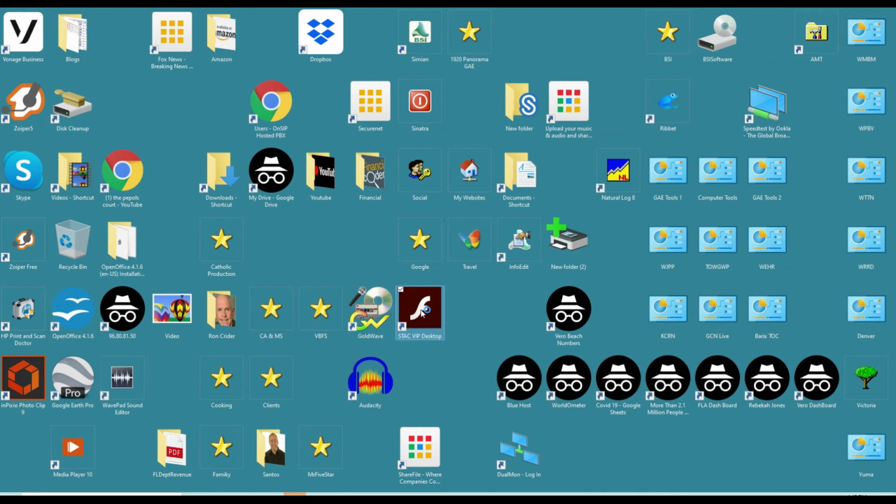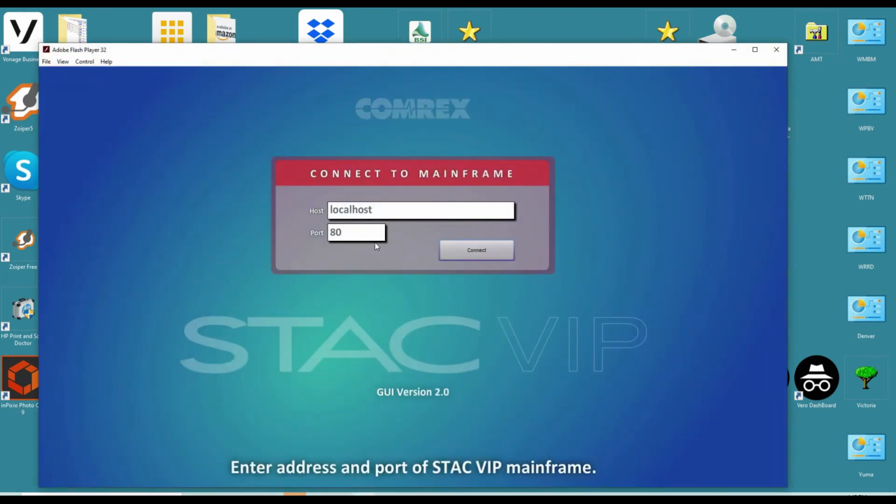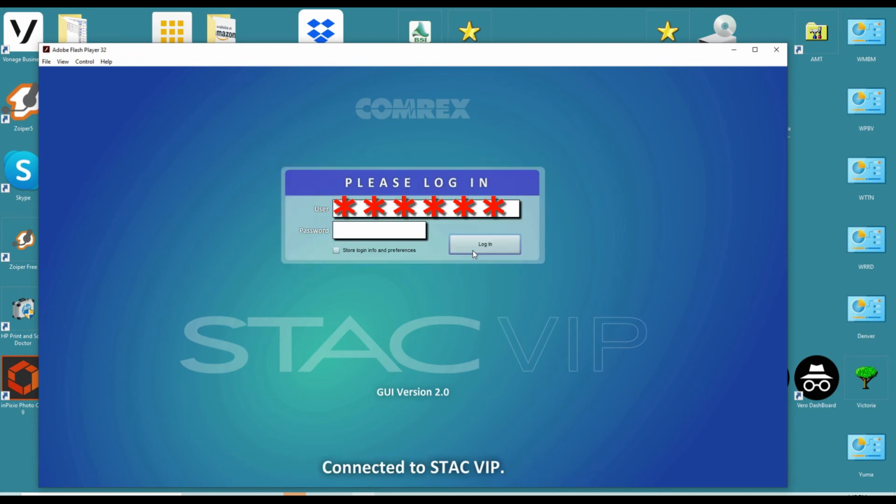And now all you need to do when you want to use this is click on it, put your IP address in that one up there where it says host. The IP address goes in there, where you can find your Comrex Stac unit, and it's on port number 80, and then go ahead and hit OK, and then put your password in, your login and your password,